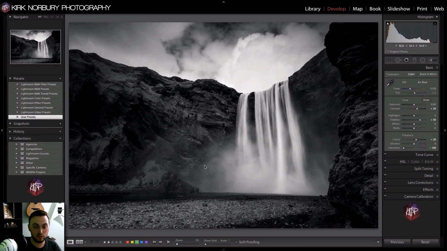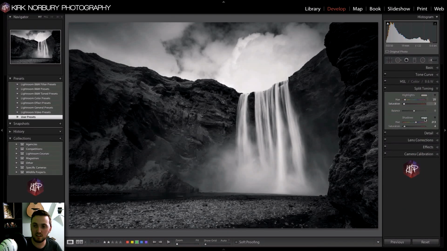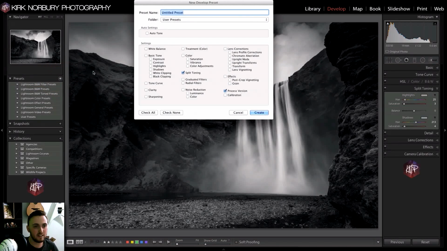What I've done is I've edited this, but the only thing I want to save from this is turning the image to black and white and adding my custom split toning. So you can see, saturation down to -100, and the split toning has the preset that I like to use on black and white images. It's very subtle, you can't really see it, but it is there, and I really like the effect. So to do that, you just click the little plus thing here, write in your preset name, so Kirk's split toning, and as you can see, I did one